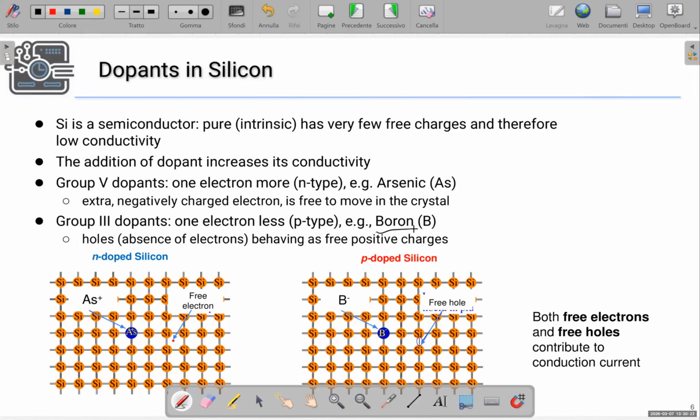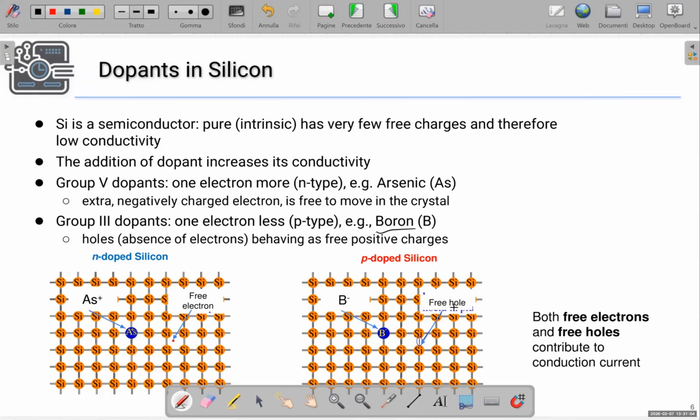Boron is characterized by 3 electrons in the outer shell, which means that when replacing the silicon atom, the boron atom has to get an extra electron to act as a silicon atom in the bonding. In the end, this replacement gives rise to a missing electron in the crystal structure. So the boron itself becomes negatively charged, becomes a negative ion, and the missing electron is called a free hole,